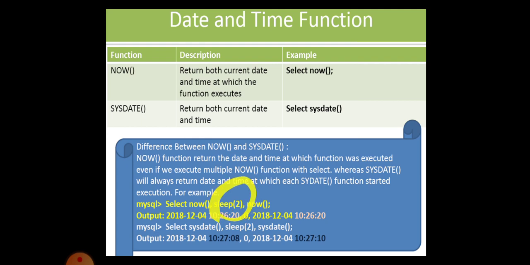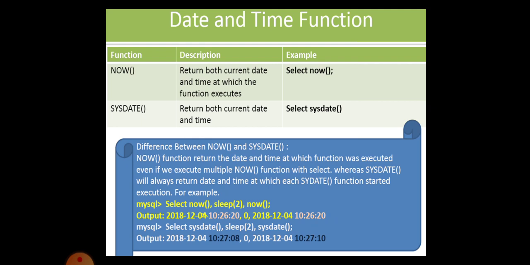Here sleep 2 indicates sleep for 2 seconds, then execute. Look at the value 10, 26, 20. That is 10 hours, 26 minutes, 20 seconds. Like this, even after sleeping, it is giving the same value, 10 hours, 26 minutes, 20 seconds.